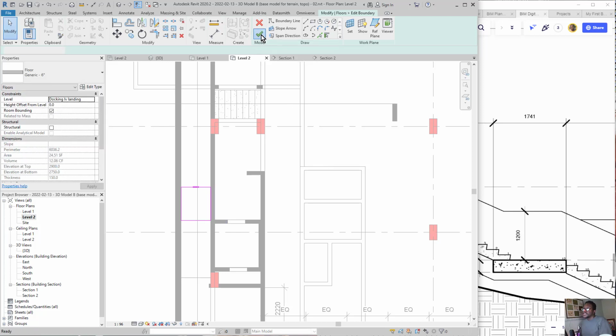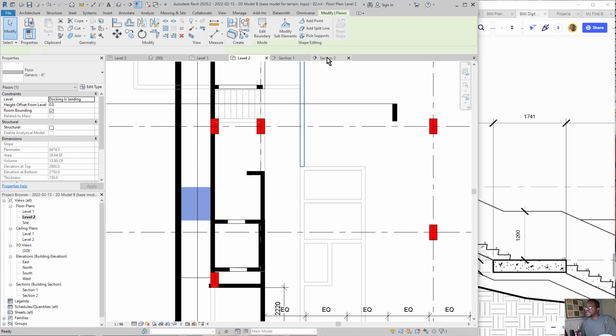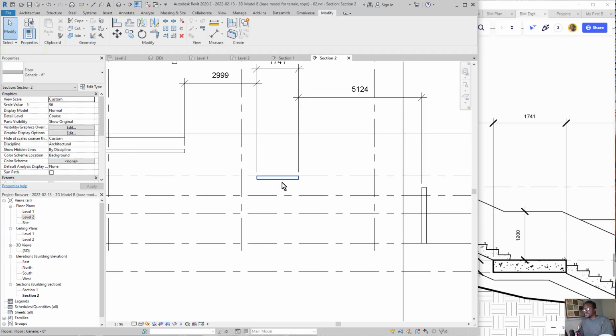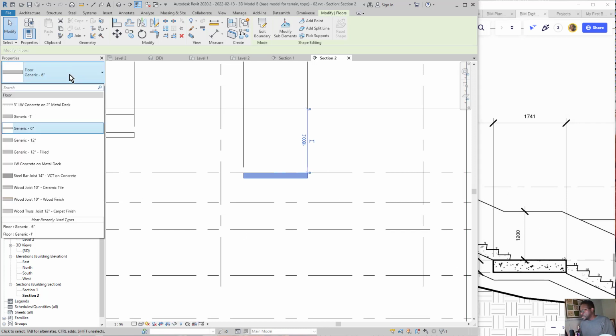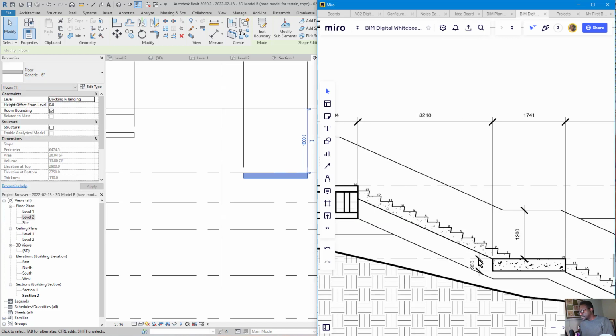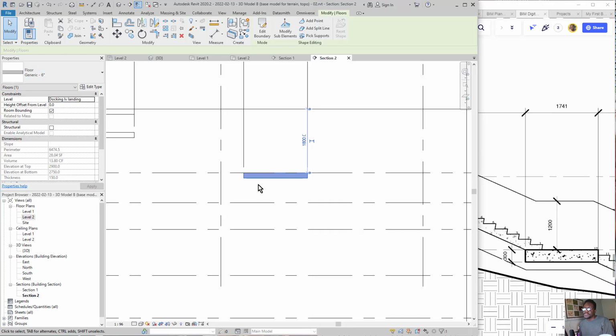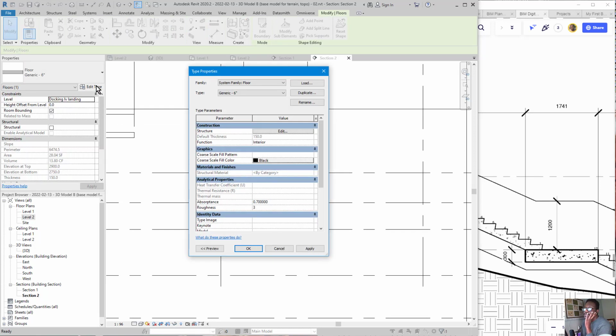And that is pretty much all I believe we would need. So now this is in the right position. Now it needs to be the same slab thickness. So that thickness is actually 300 millimeters. So to do that, we're actually going to go into edit type here, and we're going to create